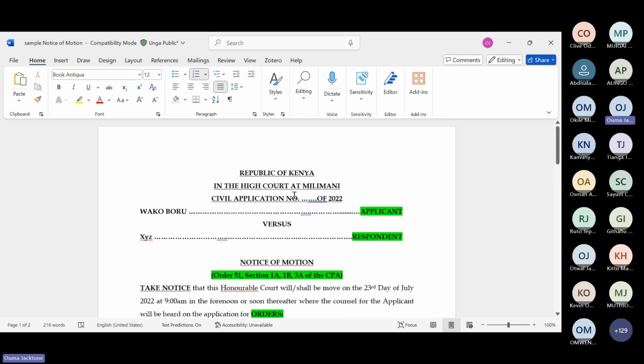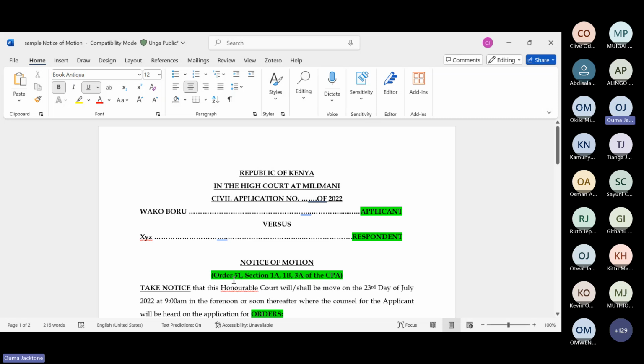So remember, this is an application. So again, the examiner will be marking from the caption: who are the parties? Number 2, applicant, respondent. Do you capture them well? You have to indicate who is the applicant and who is the respondent. Okay. Notice of motion. Which rule are you coming under? Are you coming under 38, or 39, or 40? What is the rule you are coming under?